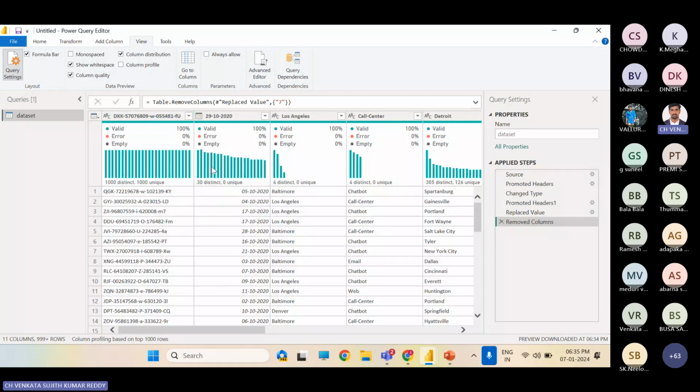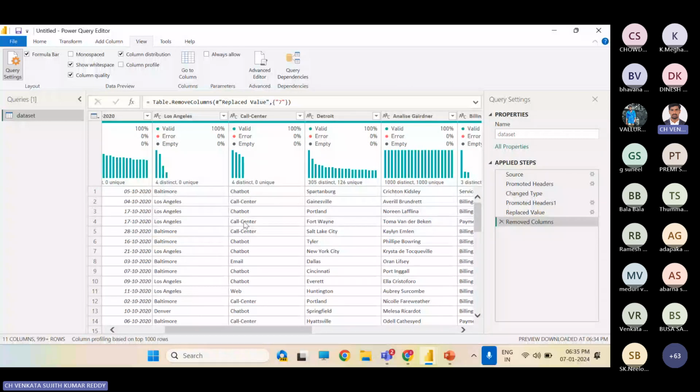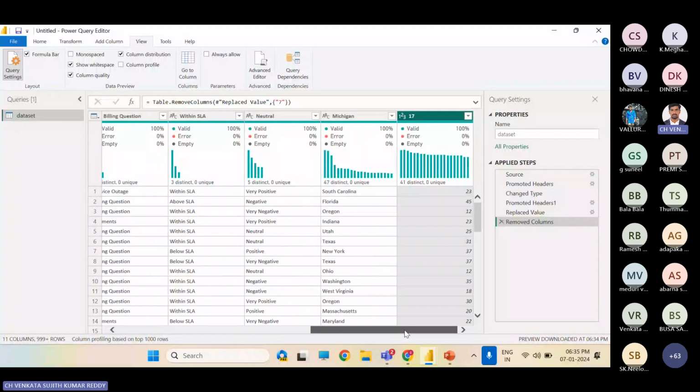From here we can say this data is completely unique, all are primary keys. And here they have chosen options, like a department; they have selected these options. Like that you can conclude. It's just for understanding the data.